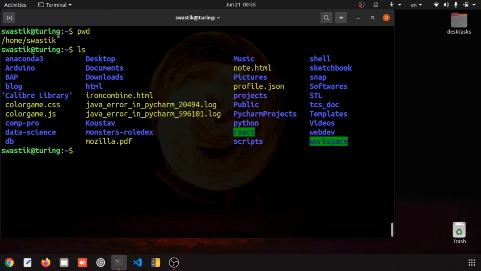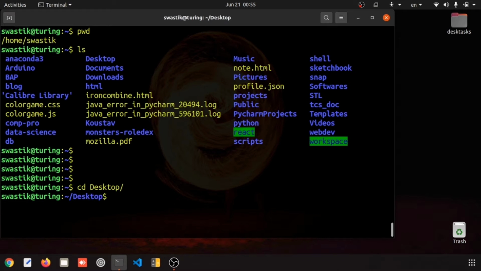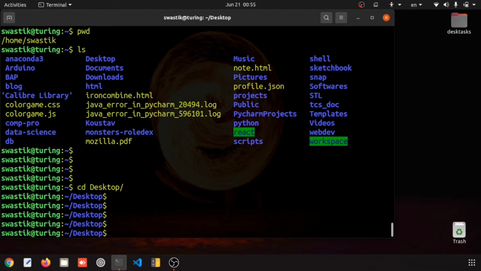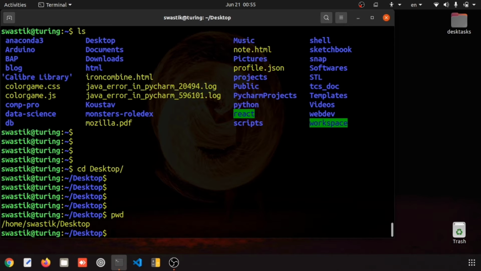How can I go to the desktop? cd, change directory, and then type de and press tab, it will complete to Desktop. So currently we are in the desktop, and pwd shows that we are standing in the desktop.